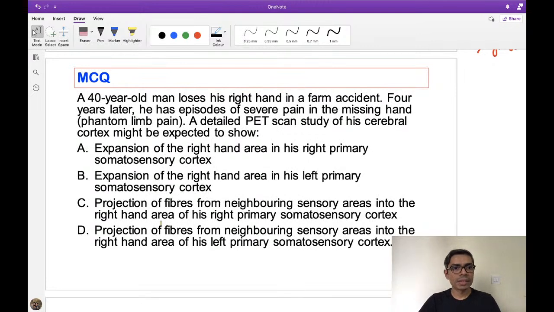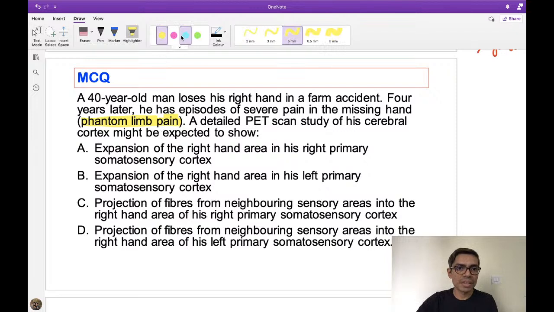Look at this. Again, one of the important topics. A 40-year-old man loses his right hand in a farm accident. Four years later, after a long period, he has episodes of severe pain in the missing hand. This is typical of phantom limb pain sensation. Now, a detailed PET scan study of his cerebral cortex might be expected to show: